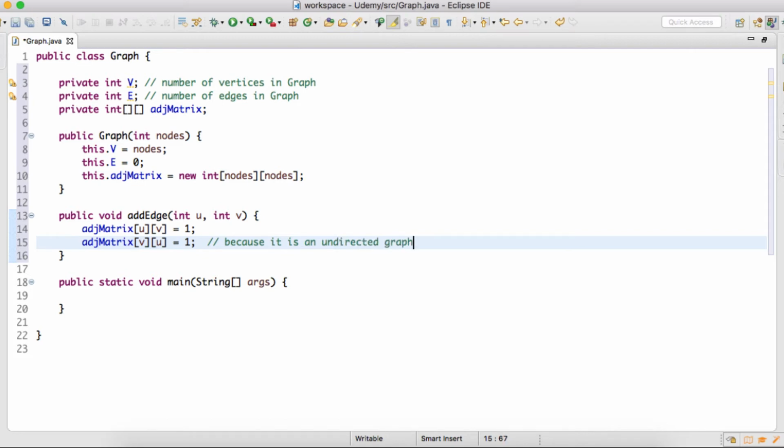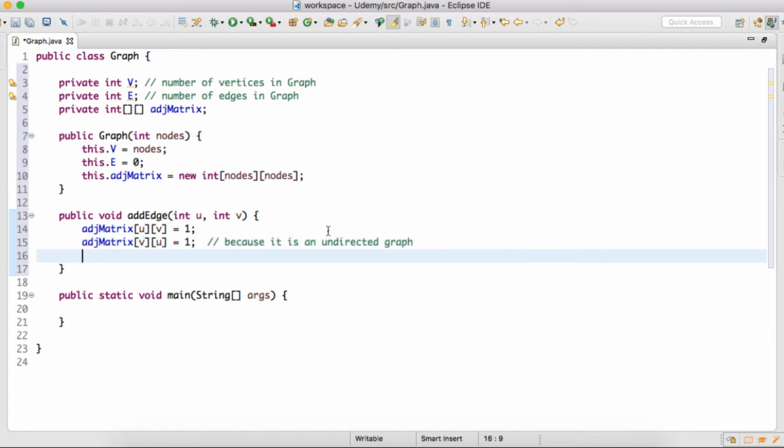So for every edge in the matrix there will be 2 points representing it. After adding the edge we'll increment the count of edges by 1, so e++.